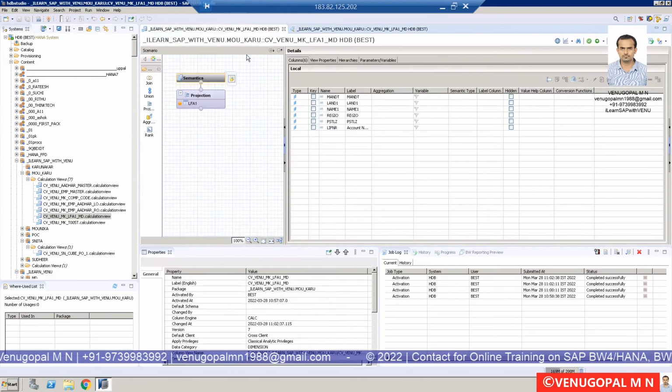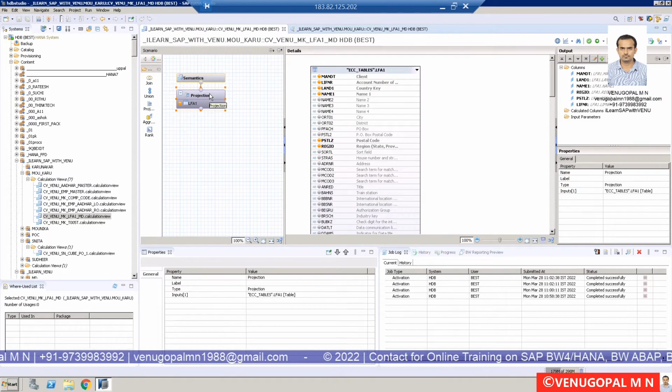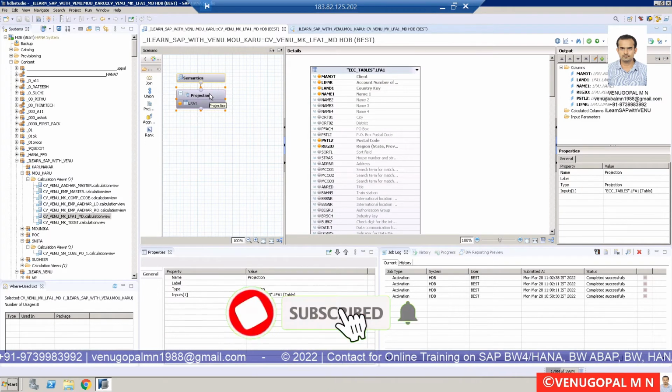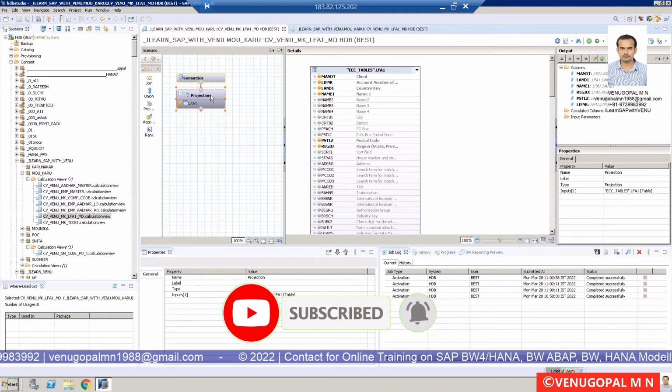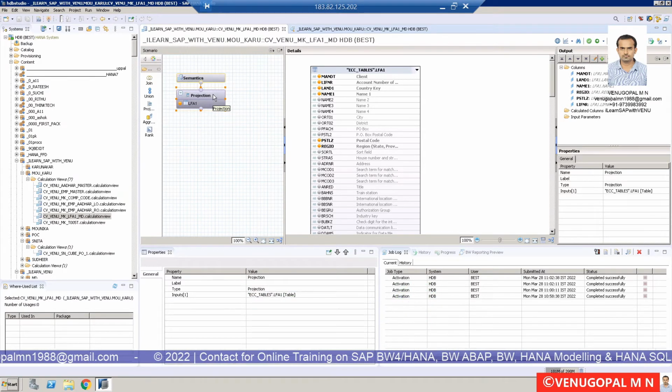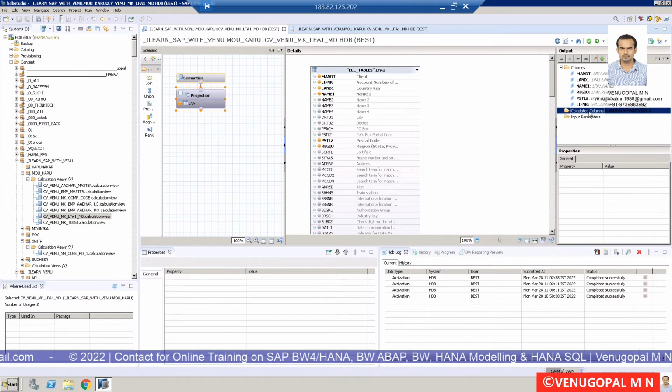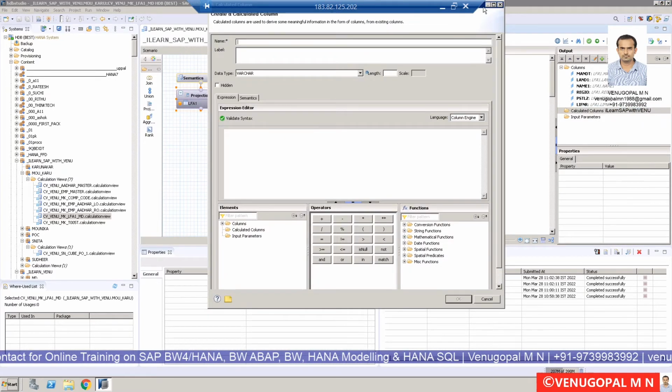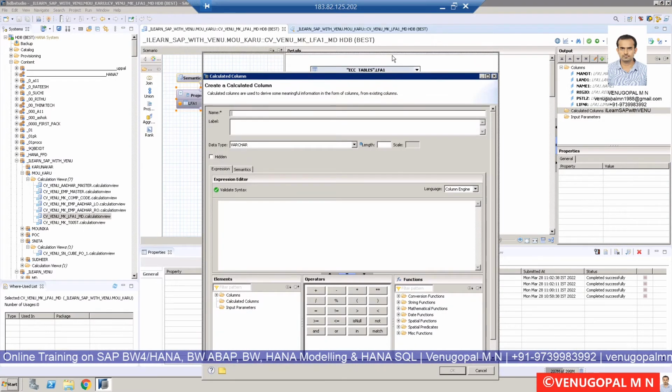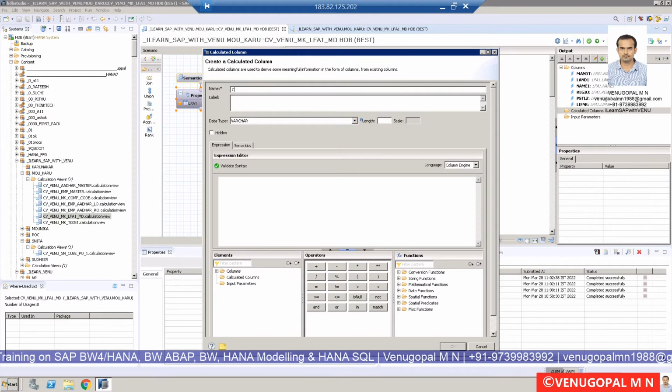In the previous session, I believe you have already seen that video and saw how to create a calculated column. In order to create a calculated column, place the cursor on the node, predominantly the projection node, and on the right hand side output pane, you will see the calculated column folder. Right click and choose the new option. A pop-up window appears, in which you give the technical name for your calculated column: CC comp key,